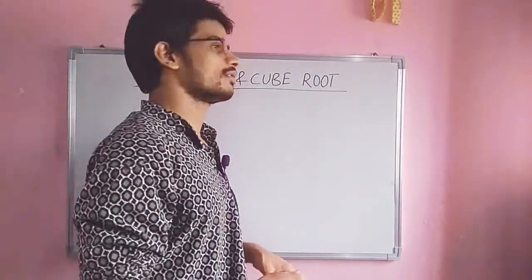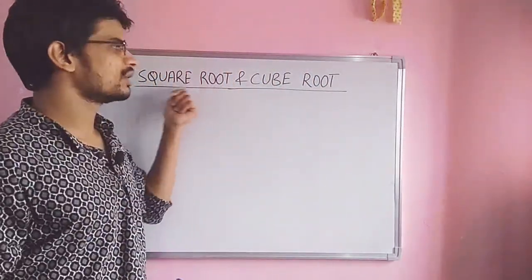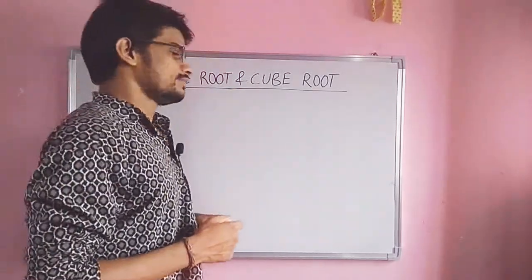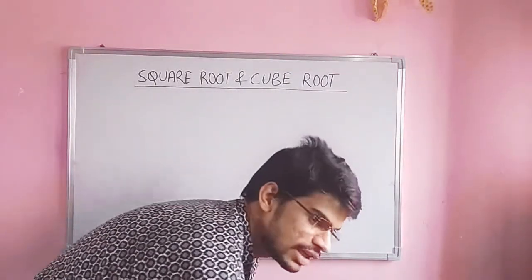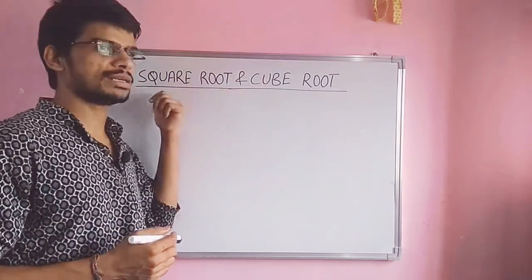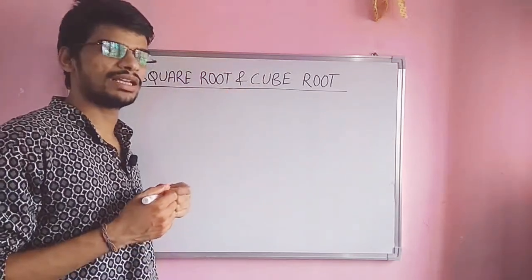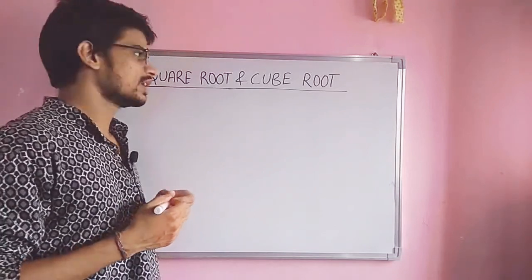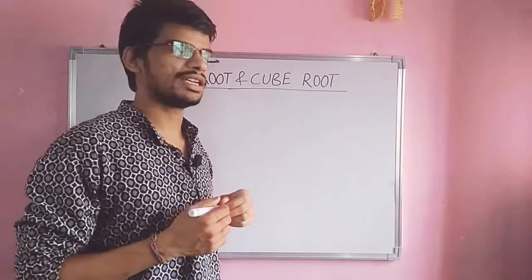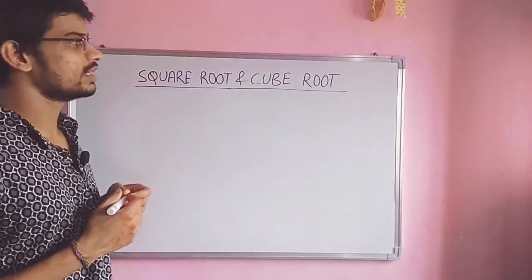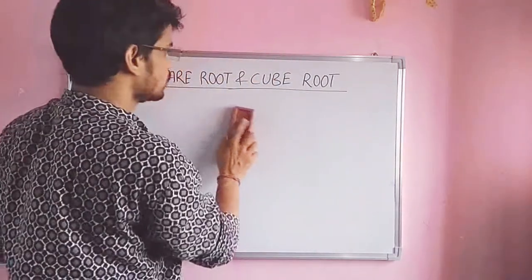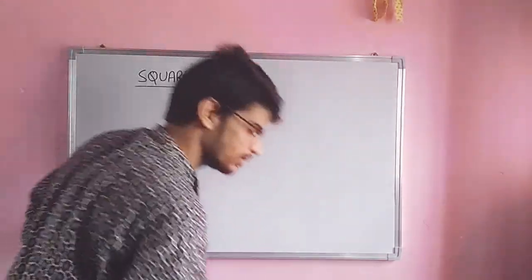Today we will learn about square root and cube root, how to calculate the square root and cube root. In the earlier session we discussed what is square, what is cube, and multiplication tricks, how to multiply within seconds quickly. In competitive exams, square root and cube root are frequently asked. That's why we discuss square root and cube root today. So now move to the first topic of the day, that is square root.